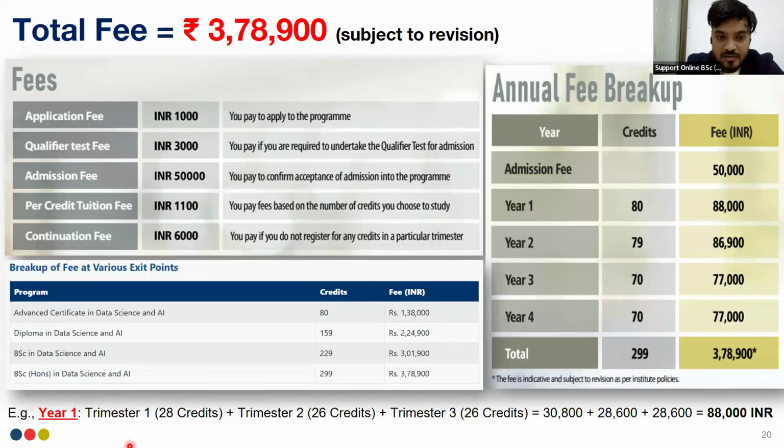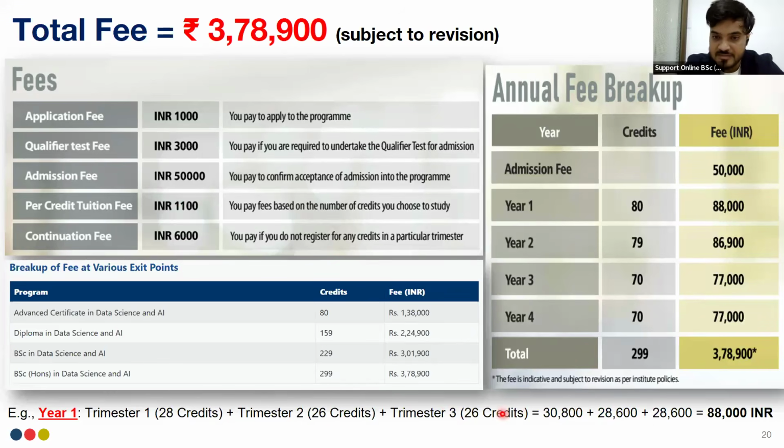In trimester one, when you register for your courses, you have to pay 30,800, which is basically 28 times 1,100. Similarly, in trimester two, you will pay 28,600, which is 26 times 1,100.